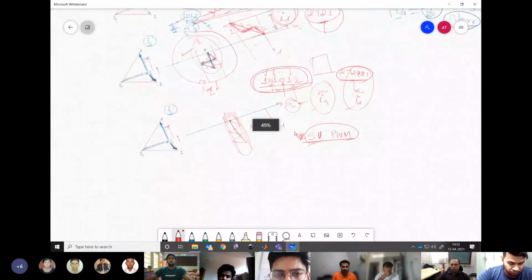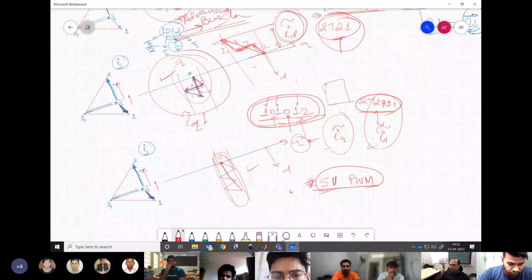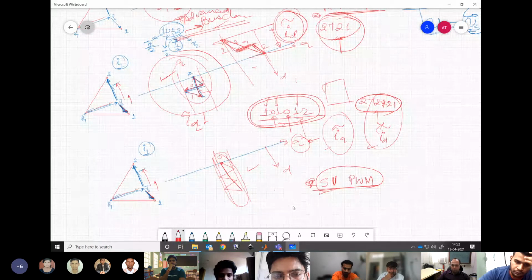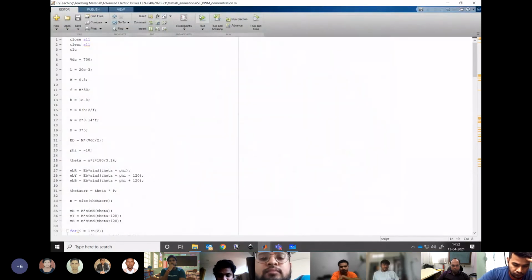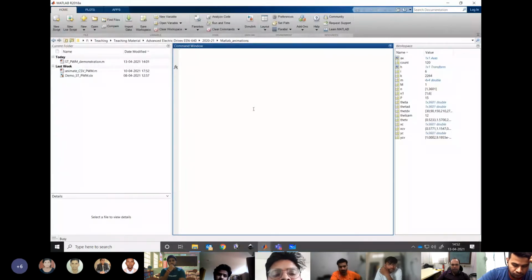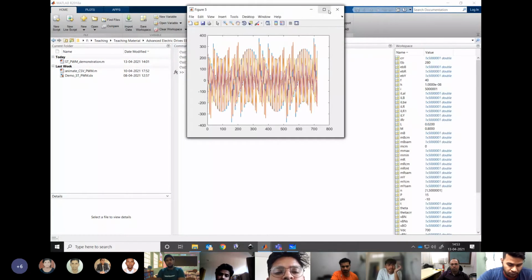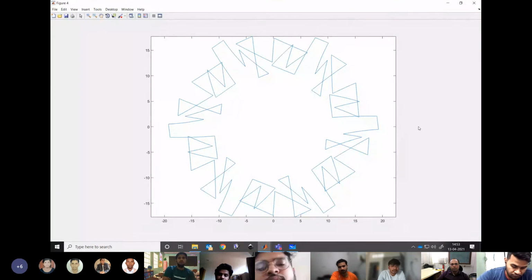Now you can discriminate between two PWM techniques in terms of space vector, which one is good, which one is not good, why one should be preferred and one should not be preferred. Like that we can see. So for a glimpse of how the current vector looks, we can take a look at our previous program. So here we will have the current vector plotted. You see this.